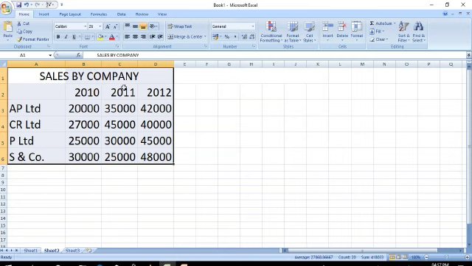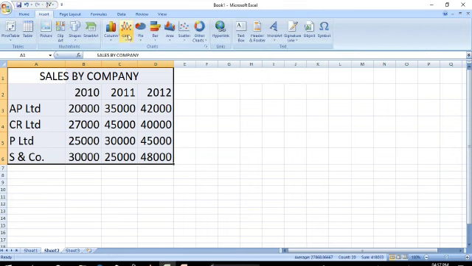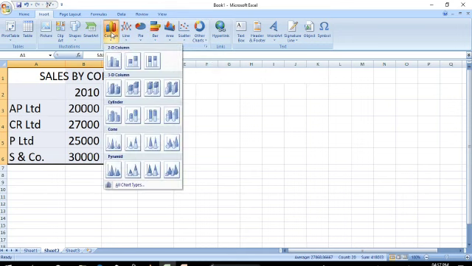See here, first I'll show you the chart types. You click on this insert tab, you will get different kinds of charts. The first chart is the column chart. When you click on that icon, you will get 2D column as well as 3D column. The 3D column appears as a cone shape, cylinder as well as pyramid. Which one you like most, that you can select.